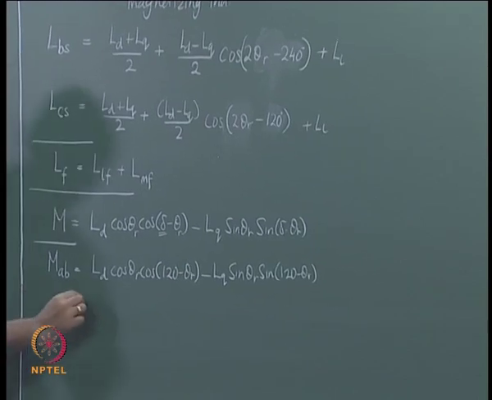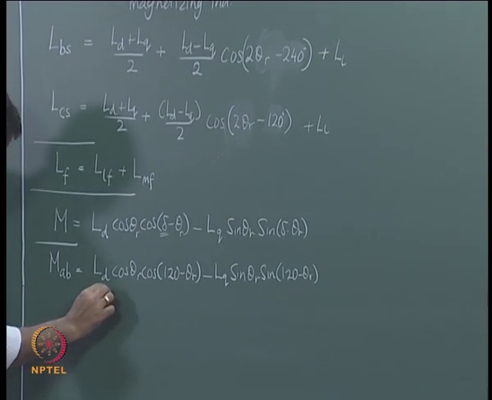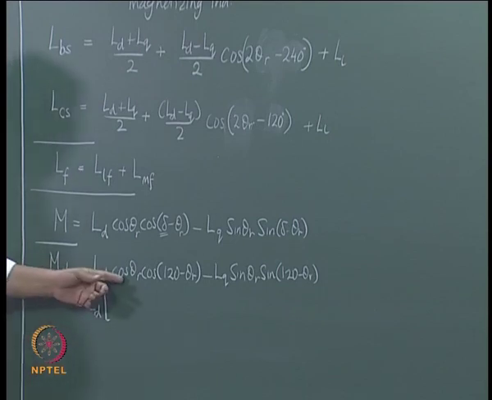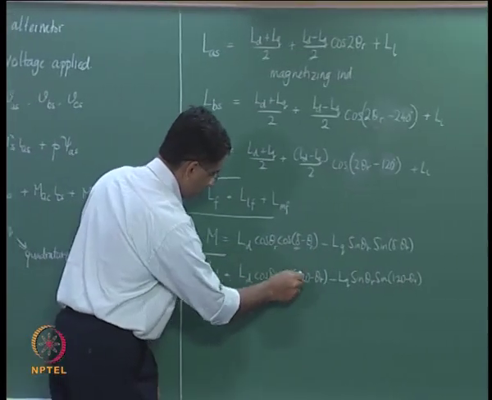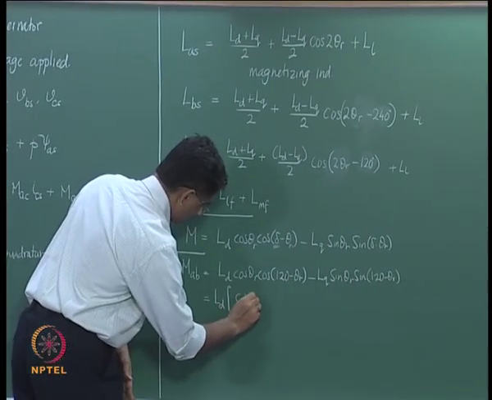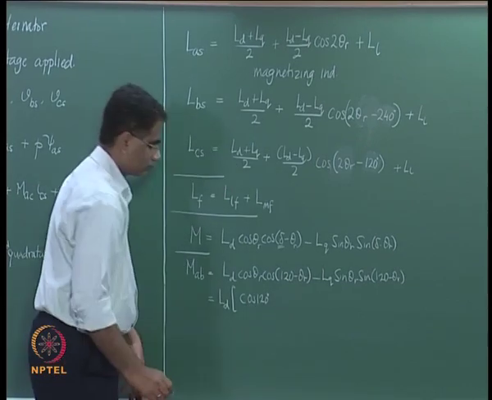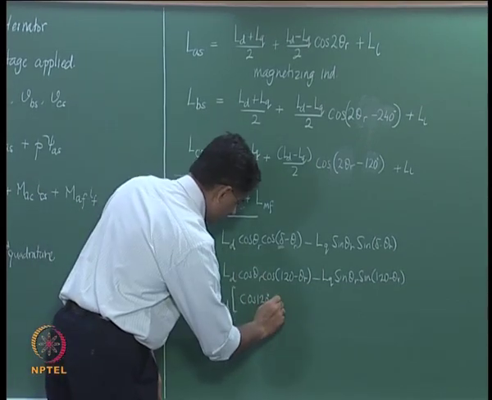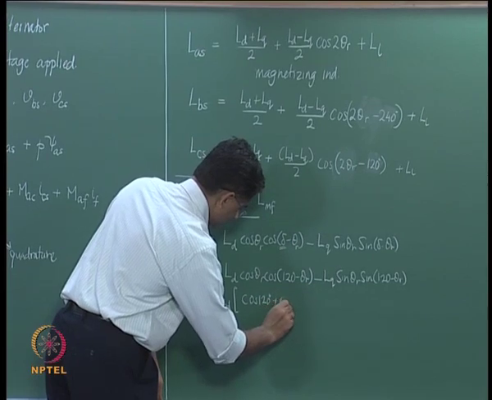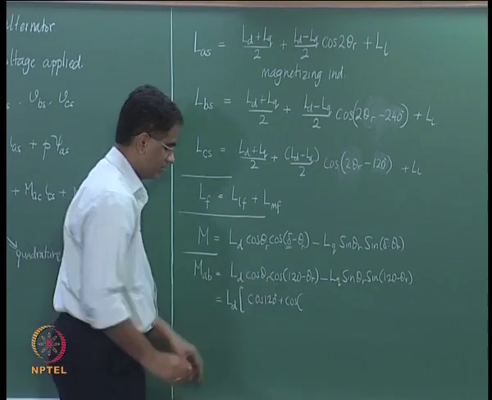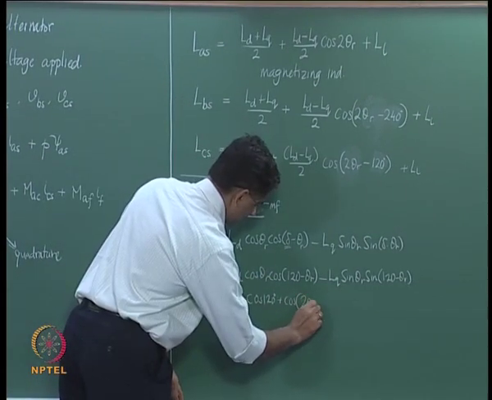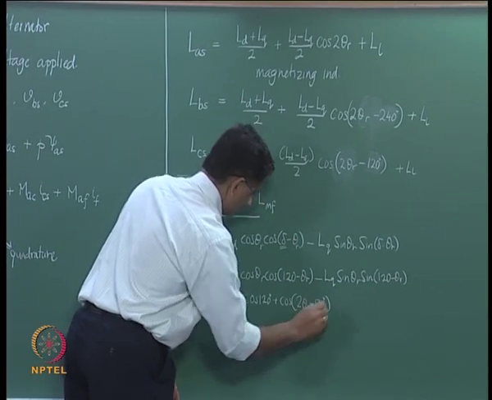This can be written as LD into, this is of the form cos A cos B, which is nothing but cos of A plus B plus cos A minus B divided by 2. So cos of A plus B would then give you cos 120, and then cos of A minus B will be cos of 2 theta r minus 120 degrees,